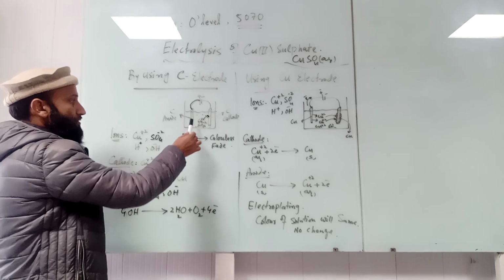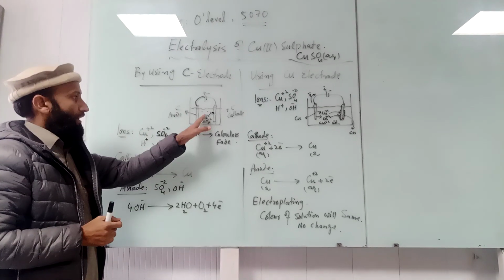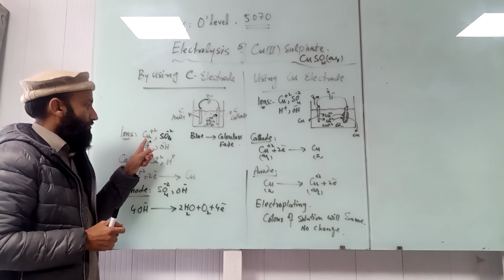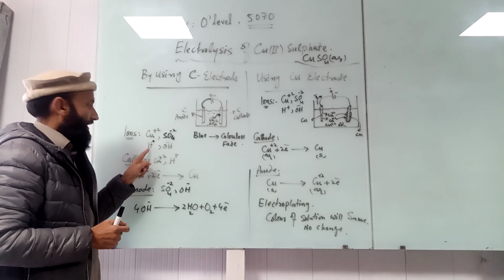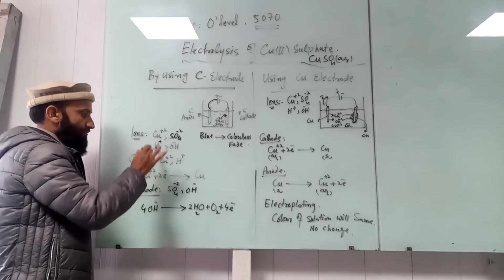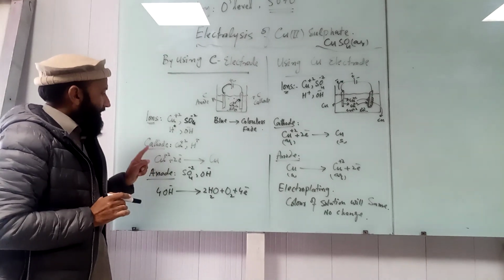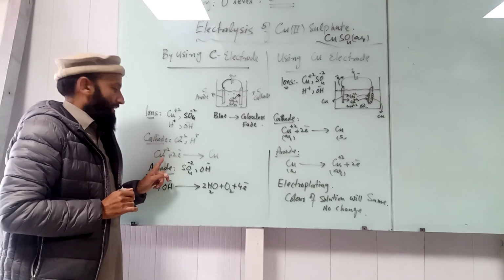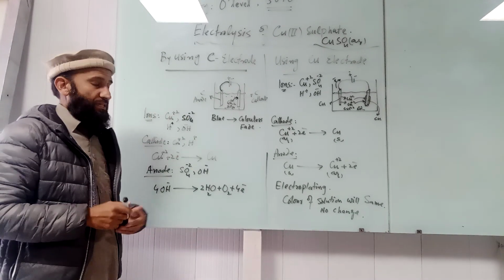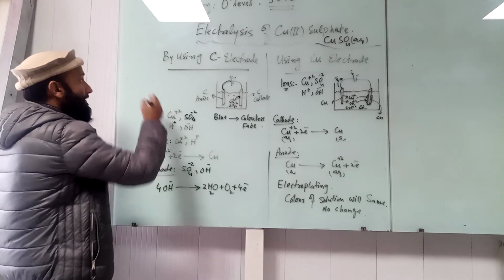So now in this copper 2 sulfate solution, the same mechanism will be here. They will ionize into copper 2 ion and sulfate ion, and this is the water ionization, hydrogen and hydroxyl ion. Now all the positive ions, the cations, will go towards the cathode, and at the cathode this copper will take part in the reaction, because before this we have uploaded another video in which I have explained these things,